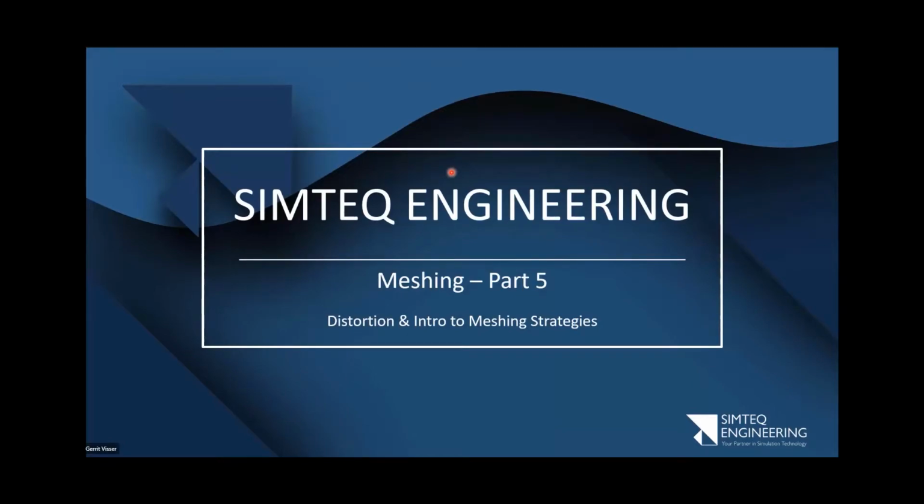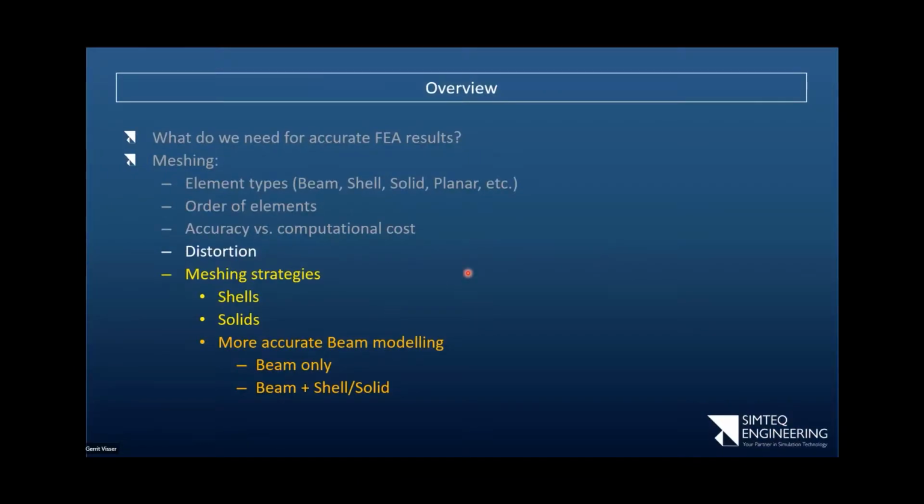So the next session is a continuation of the previous sessions, and we'll talk a bit about distortion and the effect on the analysis, and we'll have an introduction to some meshing strategies that take into consideration the effects of distortion. Okay, so if we go back to what we've covered in previous sessions,